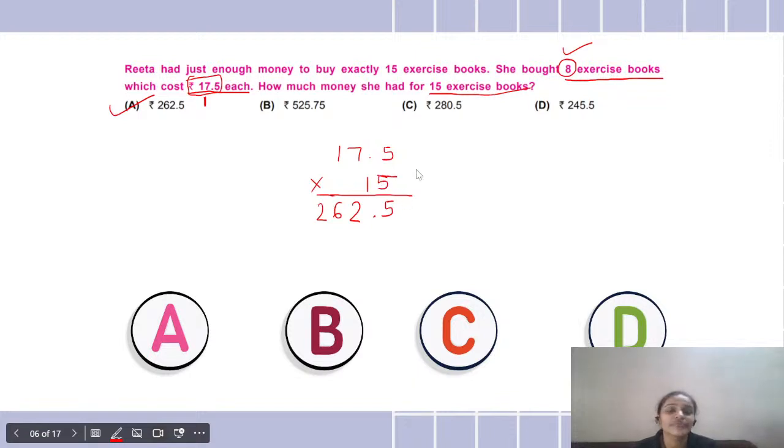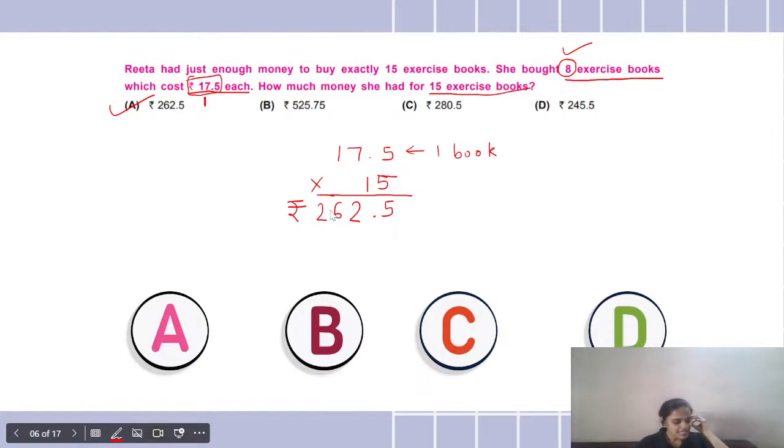Why did we multiply by 15 and not 8? Because हमको यही पूछा गया था. We were asked how much money she had for 15 exercise books. So this was the cost of one exercise book, and I simply had to multiply it by 15. That's it. So number 8 had no role to play. It was just to confuse us that she bought 8 books, so we would multiply by 8 and so on. But 8 had no role over here. We simply had to multiply 17.5 with 15 and we got the answer as rupees